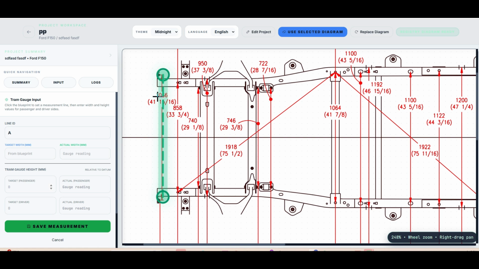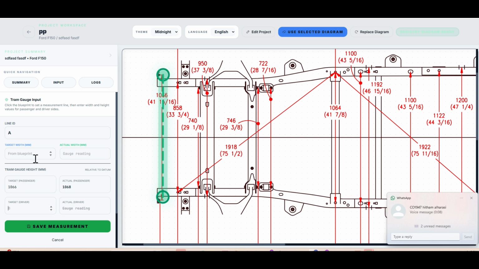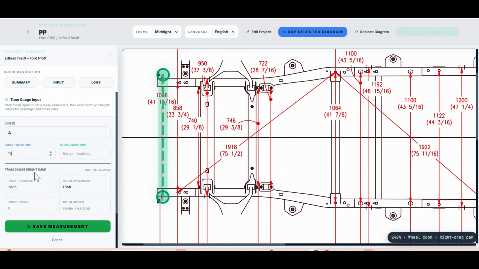The target is 1066, and we will go away and do the measurement with the tram gauge, and for example we find it 1068. So what you need to enter is, sorry, you need to put them here: 1066,